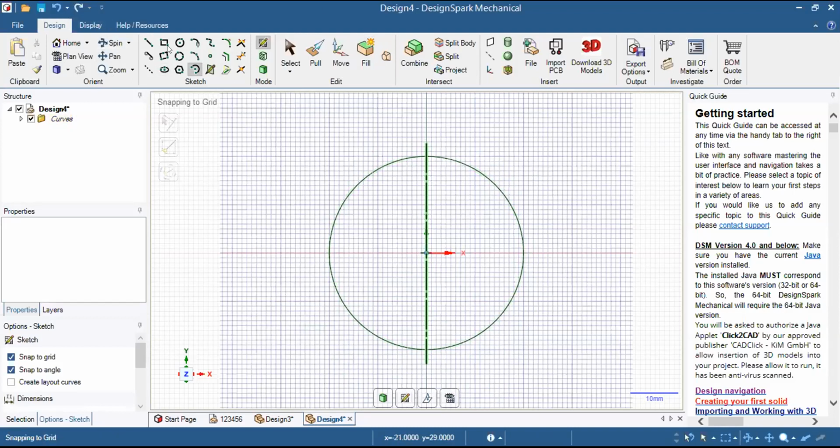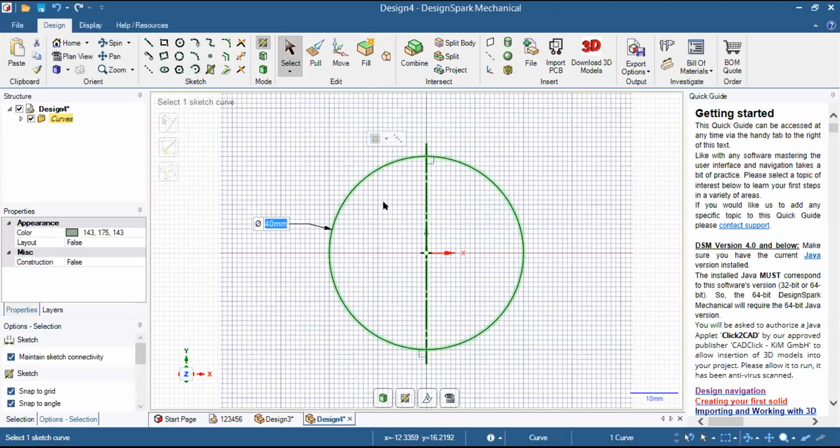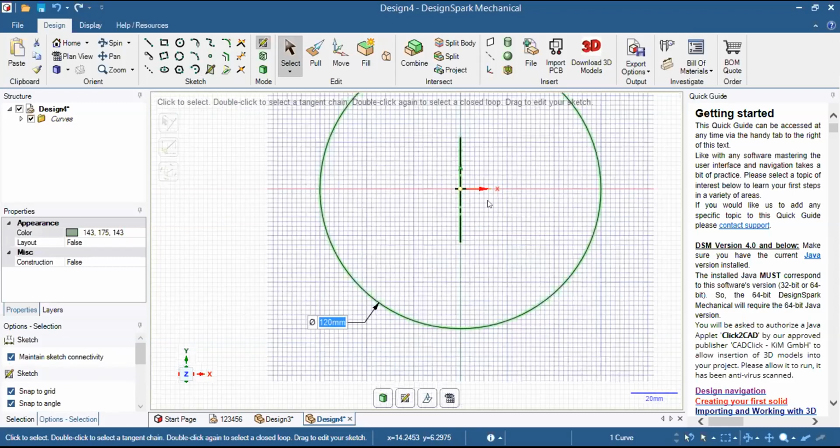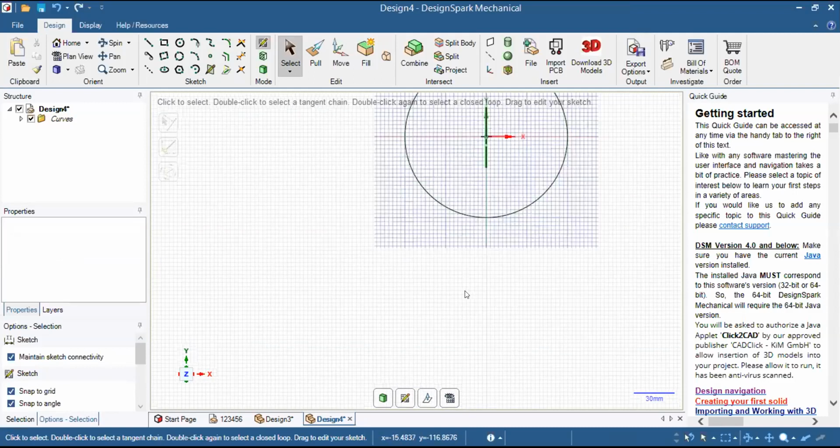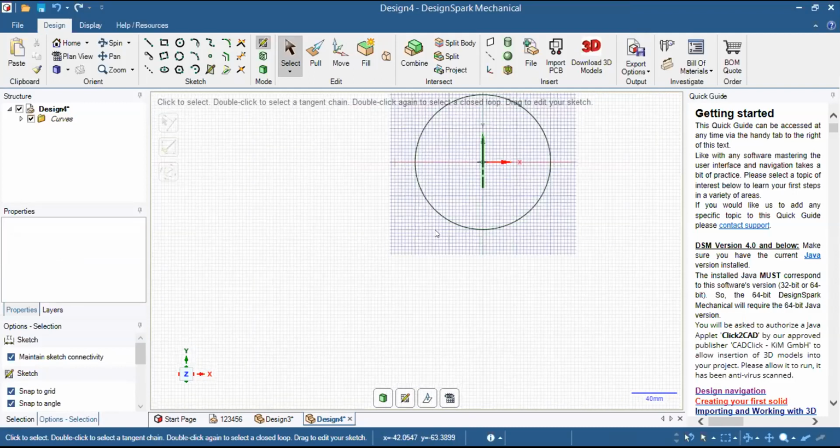Now I will go to select and take this as 120 mm. You can again see that this is the mirror line which we are using. Now I will make a rectangle using the line command.